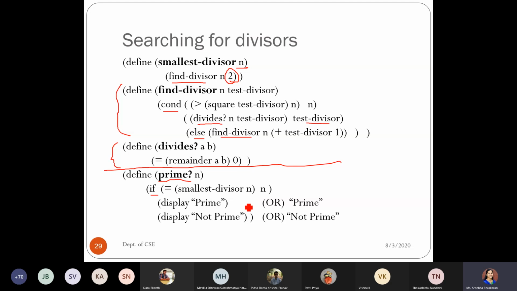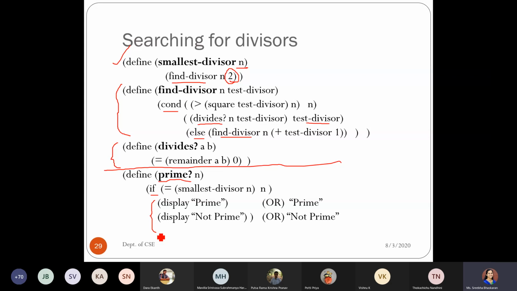I'm calling the smallest divisor, which I have defined here, and checking whether whatever it returns is equal to n. If it is equal to n, I have written it as display prime. If I write it this way, it will just display the output as prime.